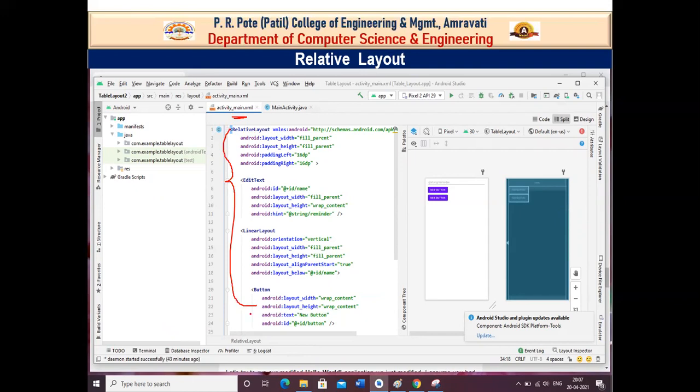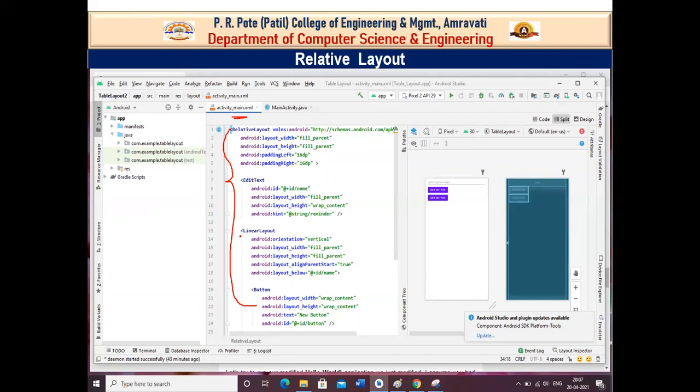Okay, so in activity_main.xml we have some default content, and this content has some buttons, but it could be in the relative layout, and we could see that all these buttons are in relation with a particular view group. Like here we have two buttons in a linear layout, along with an edit text.